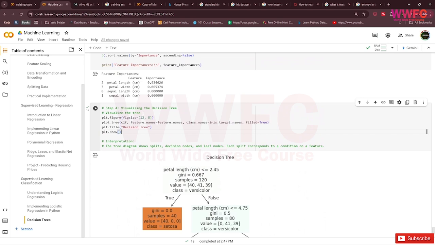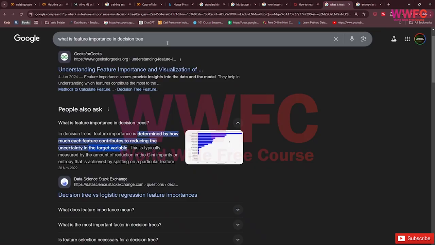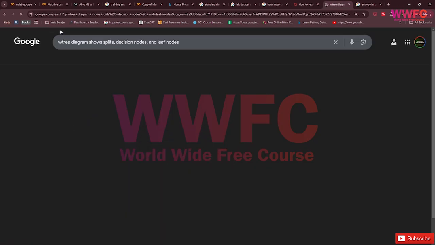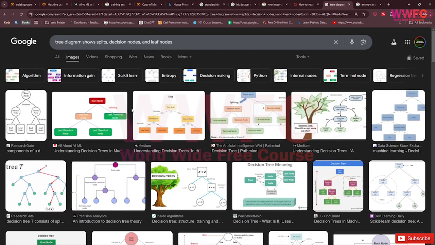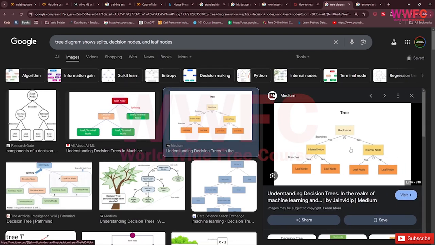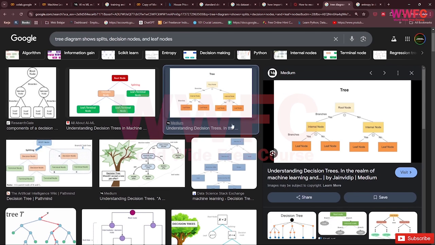Maybe we want to check the tree diagrams of decision and leaf nodes. So maybe we check here. Okay, like this. This is an example of a tree diagram, with split, decision, and leaf nodes, right?